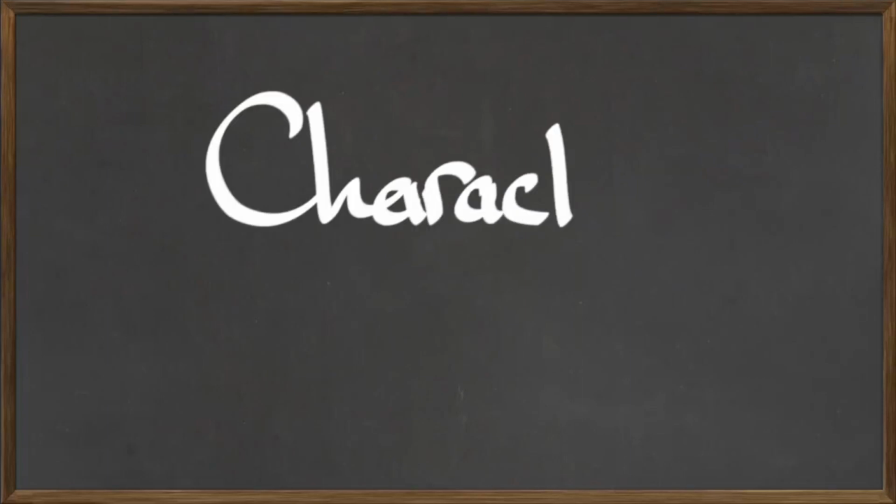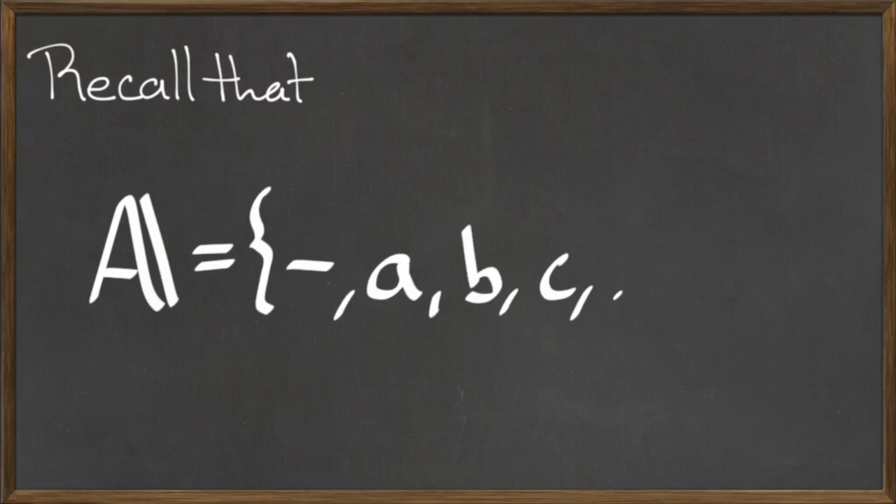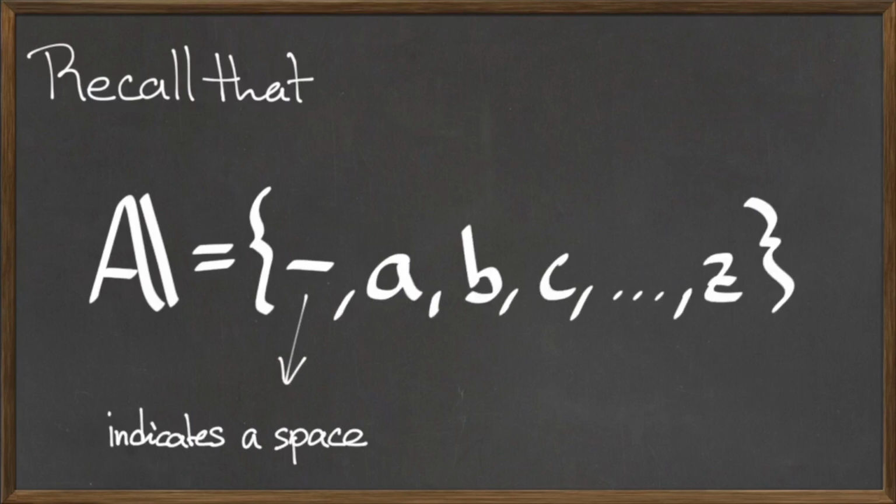In this video, we will discuss character encoding. In a previous video where we discussed special sets, we introduced the set capital Blackboard A, which consists of the dash and all of the lowercase letters of the alphabet in traditional alphabetical order. Recall that the dash is used to indicate the character space and is not used as the dash in a traditional sense. In this video, we will discuss the topic of converting characters from the set Blackboard A into a